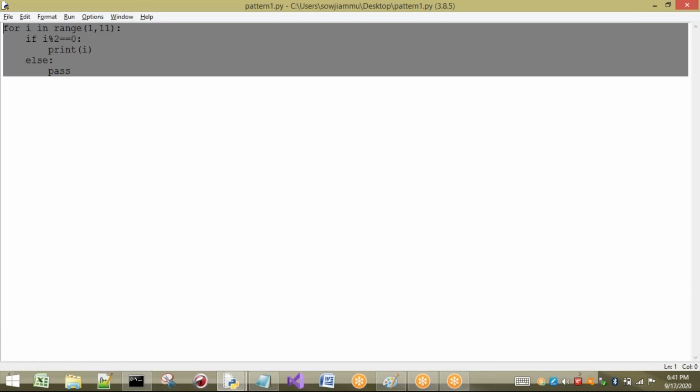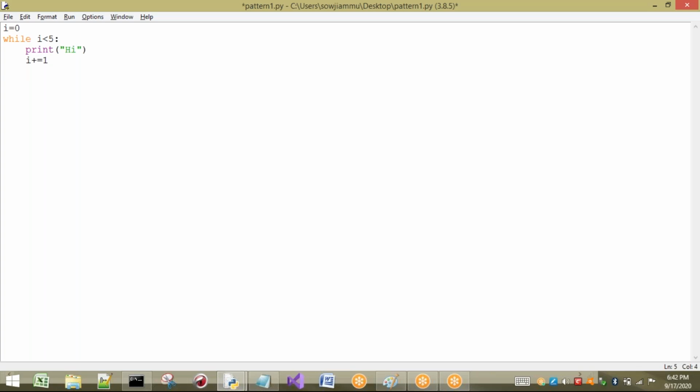Now see, I will take 3 or 4 lines of a program. I equal to 0, and I am going to consider a while loop. While i less than 5, I want to print hi. That means 5 times I want to print hi. I will write i plus equal to 1. Now this loop is going to be executed 5 times.